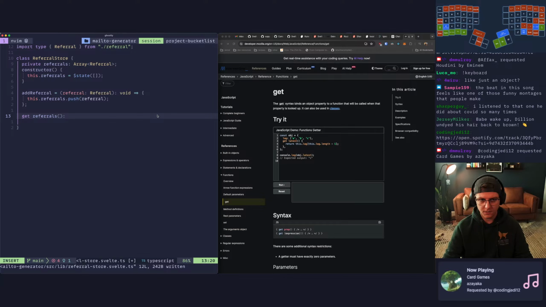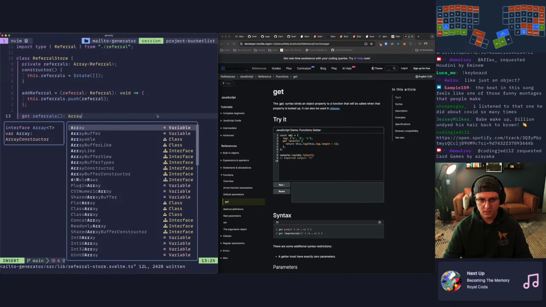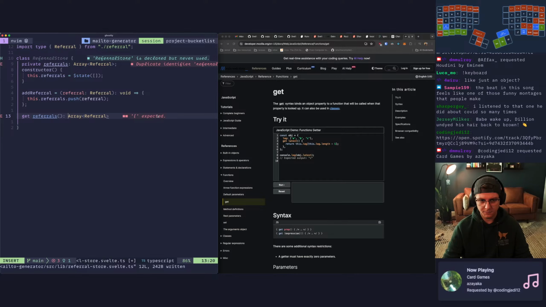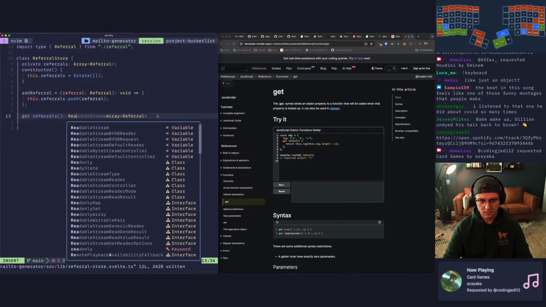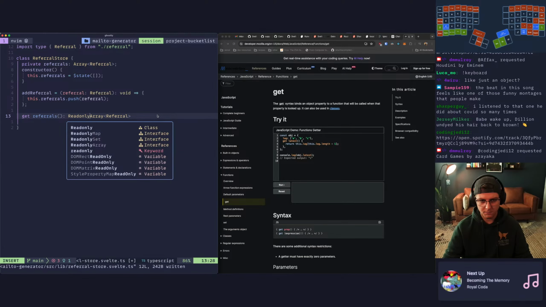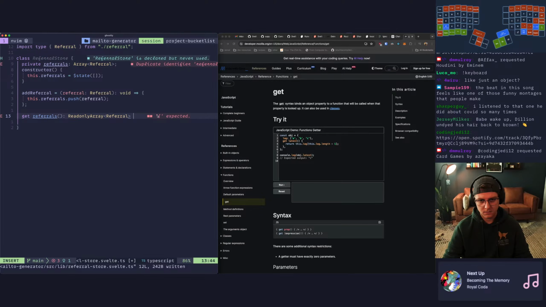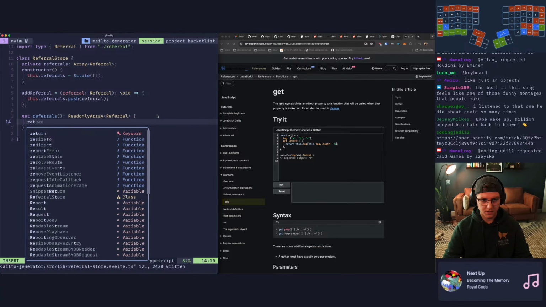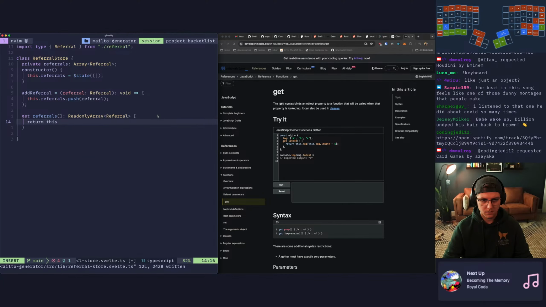And this is going to return an array of referral, and we'll say this is a read-only array, because we don't want people to mutate it outside of this. And we'll just say return... oh my god, that end key is so hard to hit.